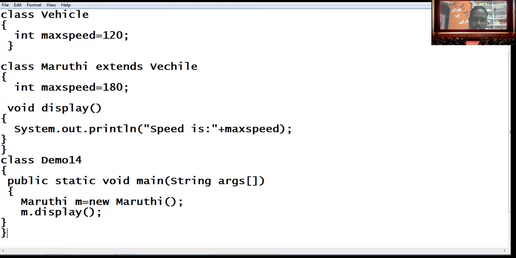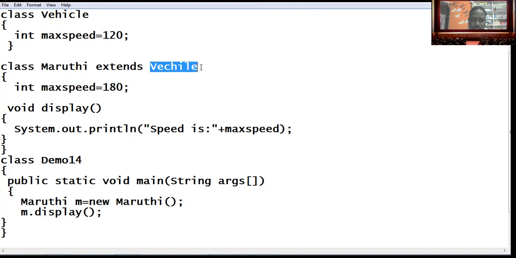See here, let me explain once more. Vehicle is a parent class. It has one instance variable named max speed, of int type, and its value 120 is assigned by using the assignment operator. Class Maruti is a subclass or child class that extends Vehicle.